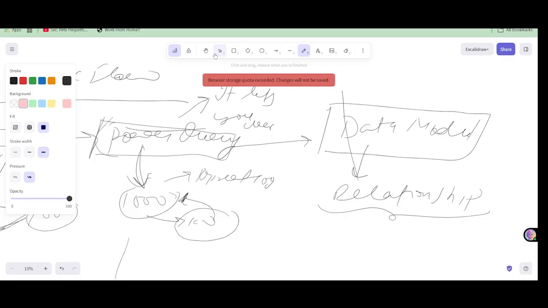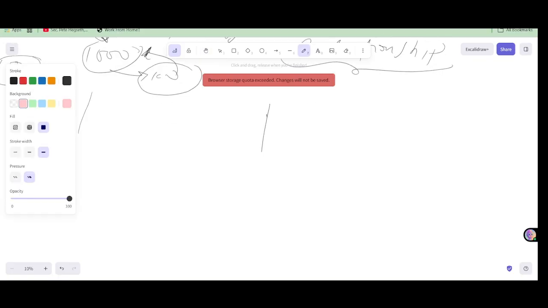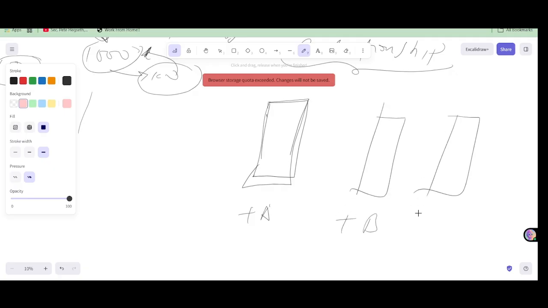Let's say you have three tables: table A, table B, and table C. You want to create relationships between these tables, which you do based on some common columns or some keys, which we'll learn when we get to this part.